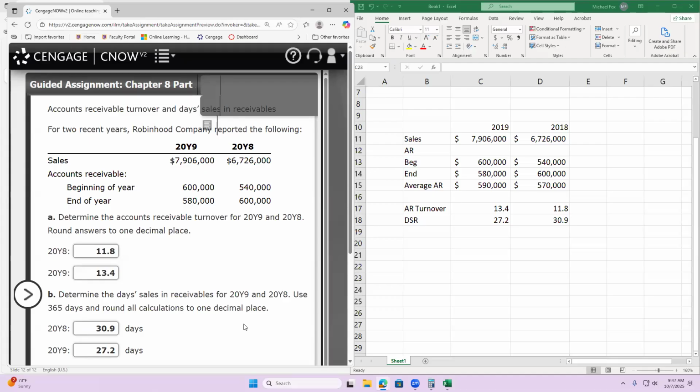So if my days sales in receivables is getting smaller, getting lower, what's that? It's favorable because it means we're collecting the money owed to us a little faster. 3 days faster on average or so, 3.7 days. Yeah, 3.7. So what we're looking for in real life, guys, is to be able to collect the money owed to you as quickly as possible, typically,